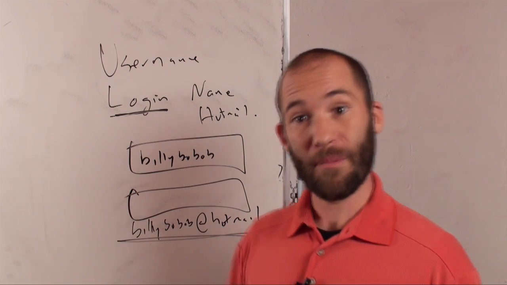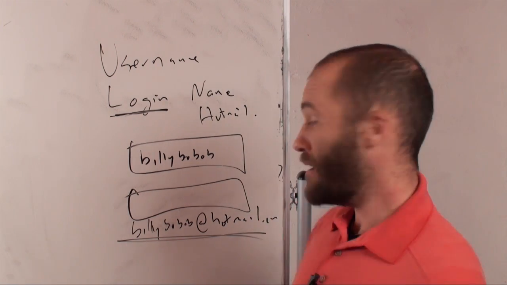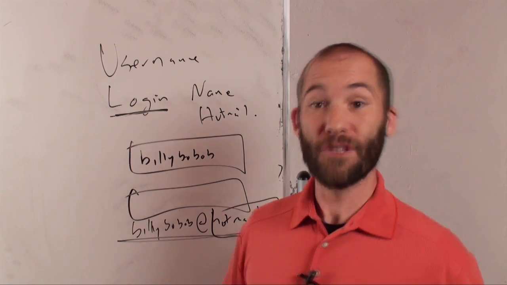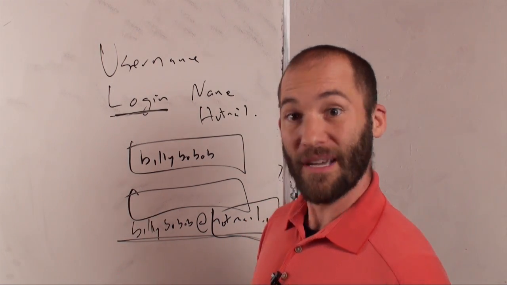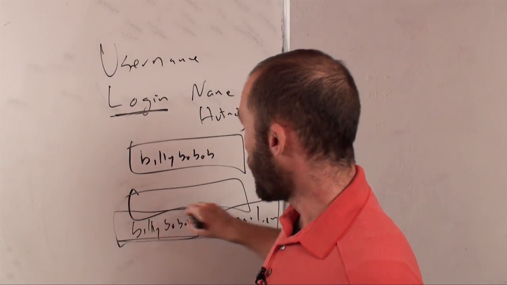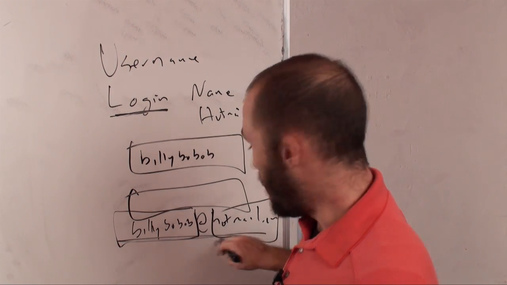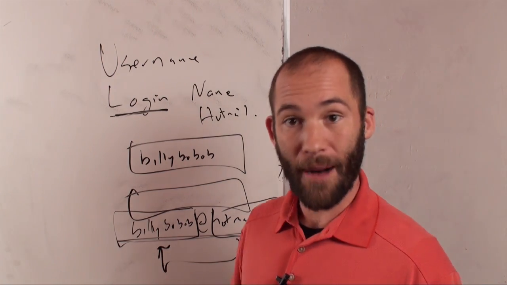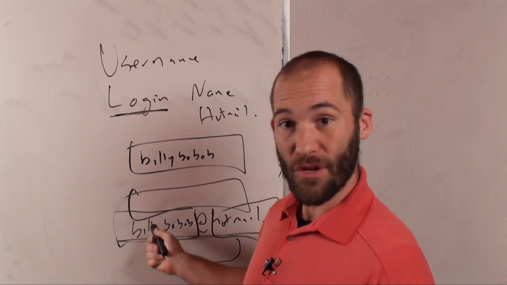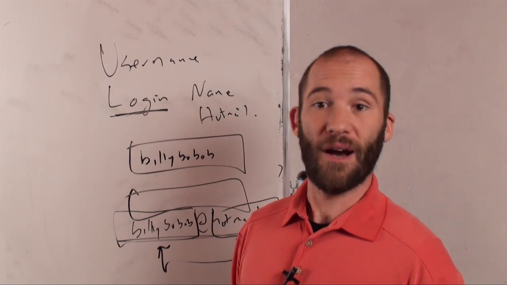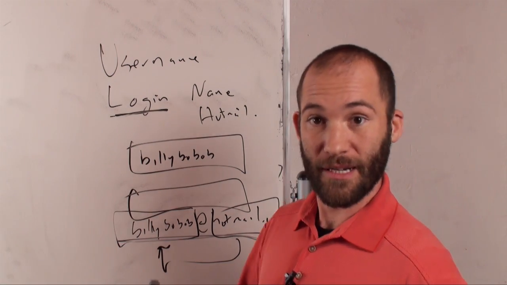Now, what is the problem here? The problem here is now if somebody is trying to hack your account, one, they know what service you're using, Hotmail, so they know what service to try to hack, and then because this is the default option, they also know what your username is. So they know I'm going to now hack Hotmail with the username of Billy Bo Bob, and now all I have to do is figure out the password. So they know the service you're using, they know the username you're using, and now they're going to try to figure out what kind of password you're using, using whatever kind of hacking tools they use.